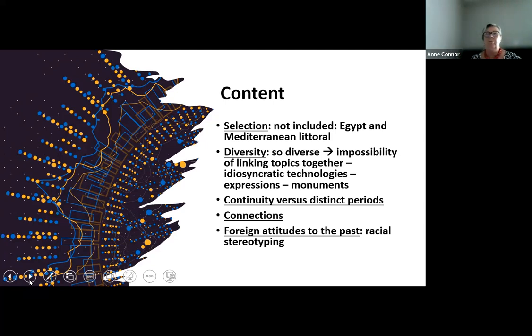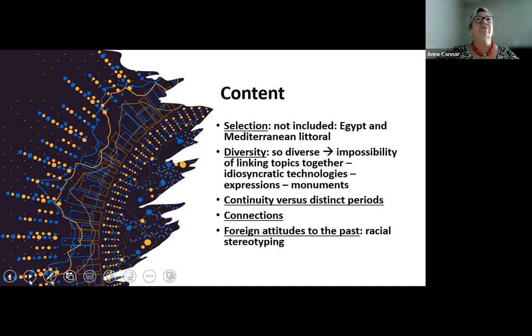Also, we have another factor that we talk about, more continuity versus distinct periods. If you look at our history in Europe, it has been worked on for so long that we have the Middle Ages, the Renaissance, the Baroque period and the modern period. The historians have packed that up really nicely and neatly, so it's much easier to explain in that way. In Africa, what we see is a much more continuous culture that really goes back to their ancestors, because they have a tremendous cult of ancestry. There are connections, and connections are mostly due to caravans. These were trading caravans, and that brought some